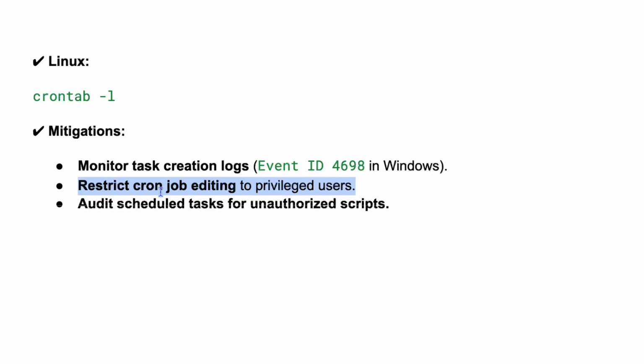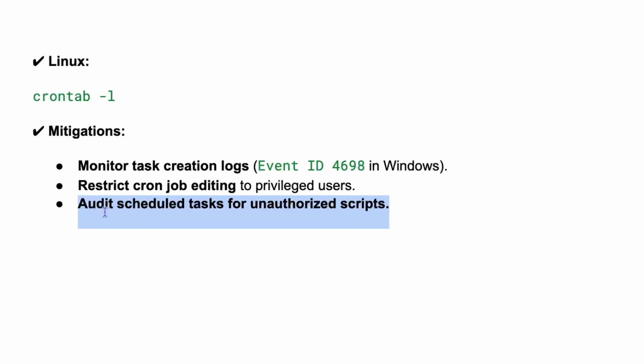And then auditing the scheduled tasks for unauthorized scripts is yet another one of those things. So when you find out that there's a scheduled task that's being created, you can immediately audit it to see whether or not it's malicious. But if you are being hired as the security engineer and there were a bunch of scheduled tasks already created and you just want to make sure that none of them are malicious, you can look at all of the ones that have been created